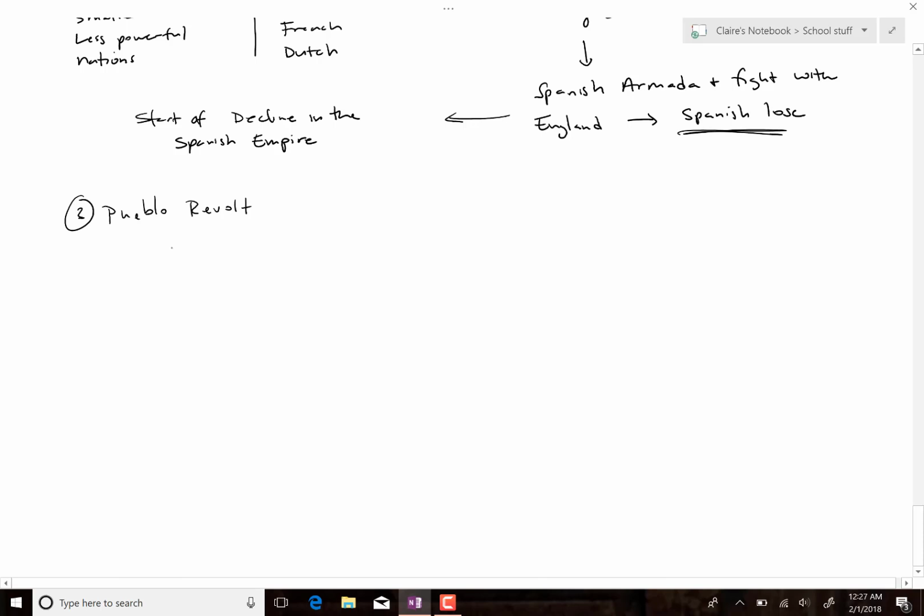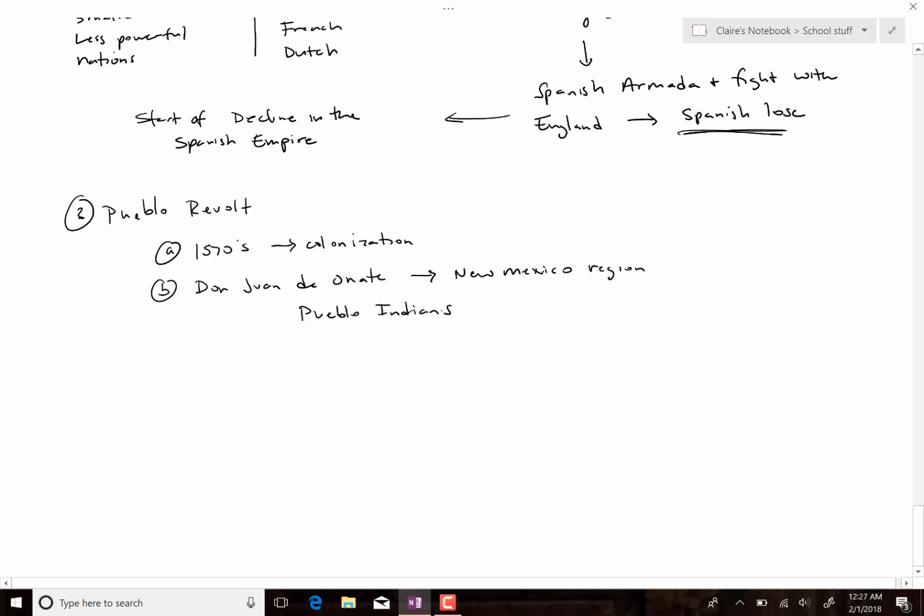There are several things that happened. One of the starts was again in the late 1570s. The Spanish wanted to shift to a more normal colonization, if you will, and they tasked Don Juan de Onate with pacifying, as they called it, a New Mexico region where the people called by the Spanish the Pueblo Indians lived. They were from the Anasazi group, and this was supposed to be a more peaceful structure, but Don Juan was not very peaceful. Essentially, he abused his power